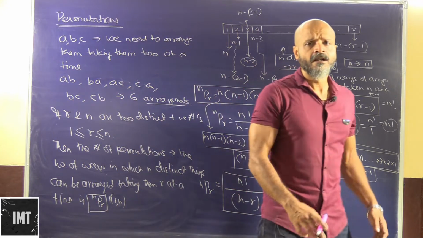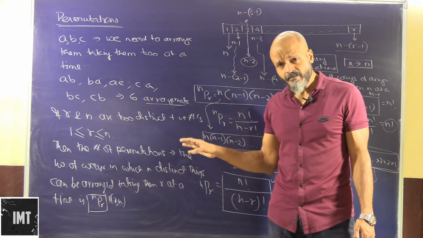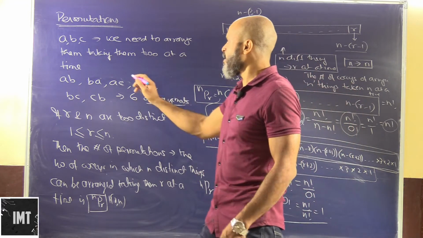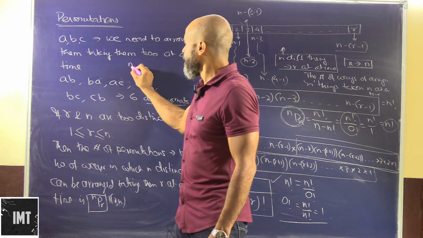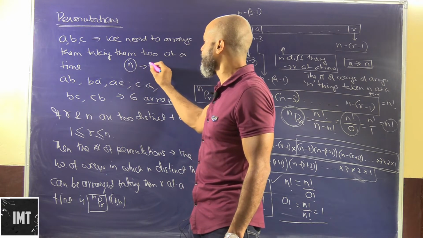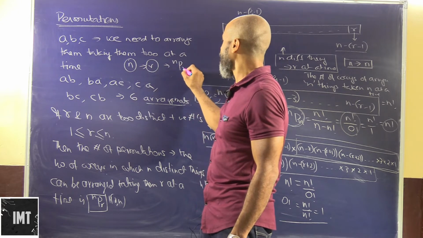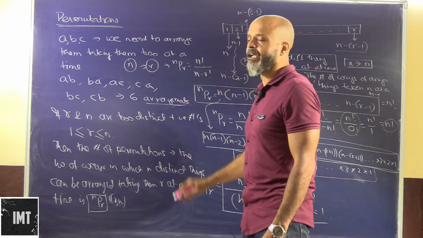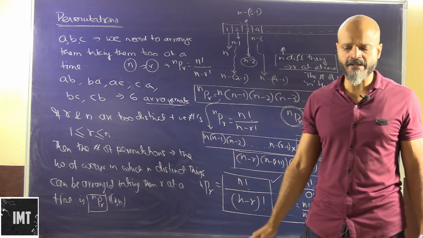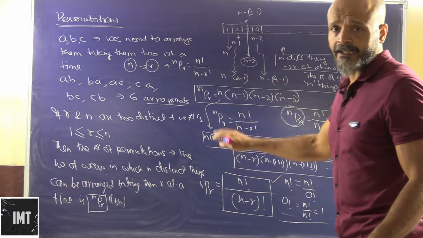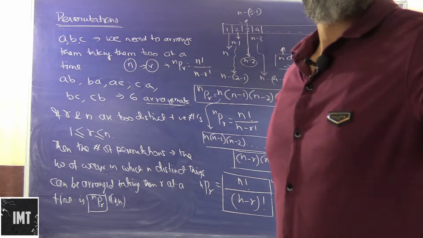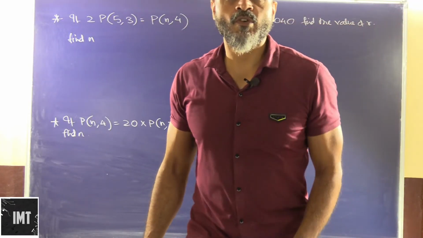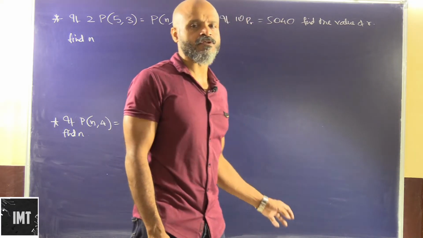So these are some derivations of mathematics, not that important, but we have to understand that the number of ways of arranging n different things taken r at a time is nPr. In short form, it can be represented as factorial n upon factorial n minus r. So we'll do some problems and get the entire thing clarified. Okay, so we are going to deal with some simple problems on permutations.